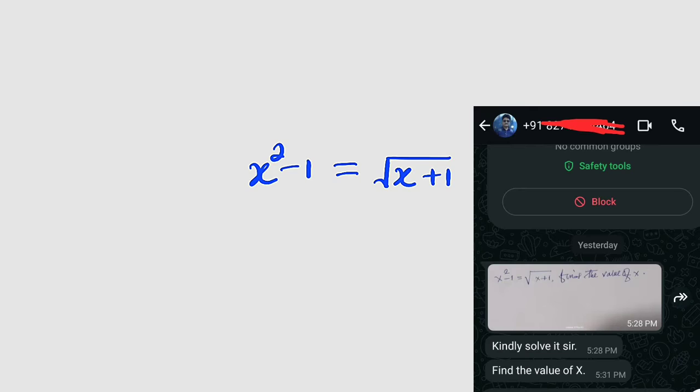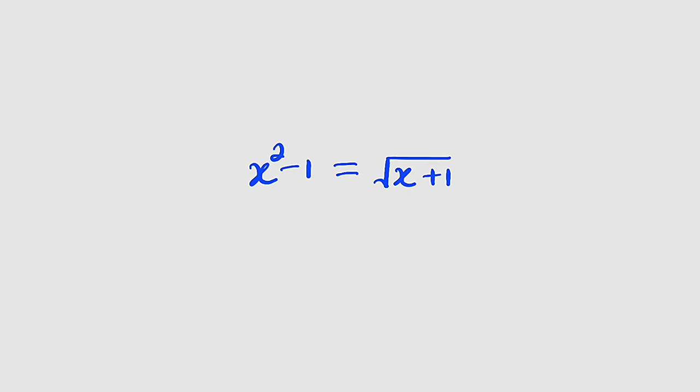x squared minus 1 equals the square root of x plus 1. After solving the problem, I realized there are 4 solutions: 2 real solutions and 2 extraneous solutions. Let's get started. Whenever you are given problems like this, always consider the domain first, because this is not a